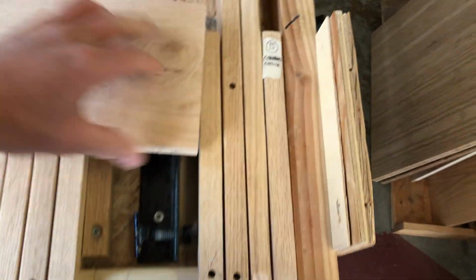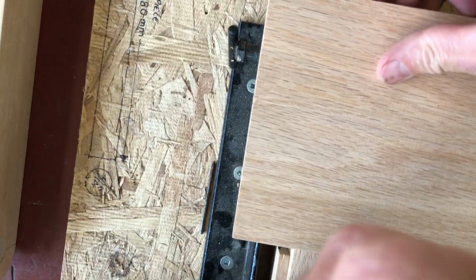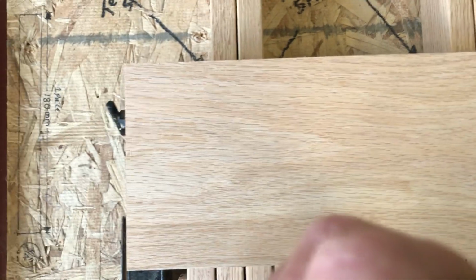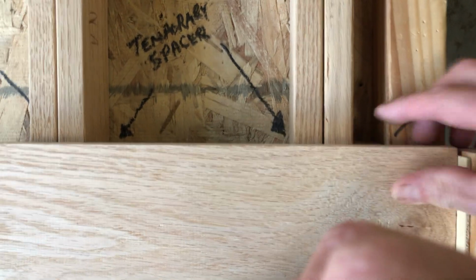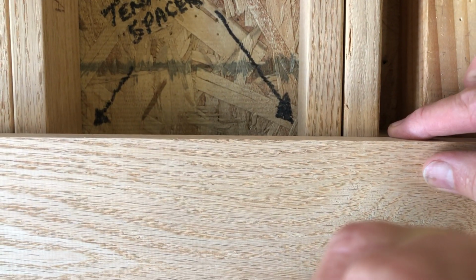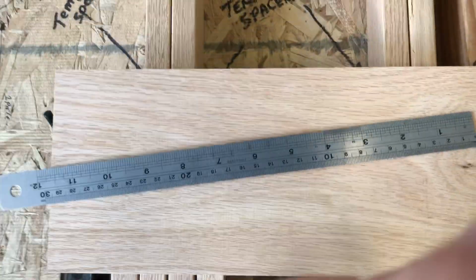Then what you're going to do is take one of your seat tops and bring it up to the leading edge. So we've got an edge over here. And in my case here, I'm going to use a spacer, like so. So I bring this up here, making sure that that edge is over there. And I'm going to confirm, this is an important step, that my distance, push that back just a slight bit, my distance here